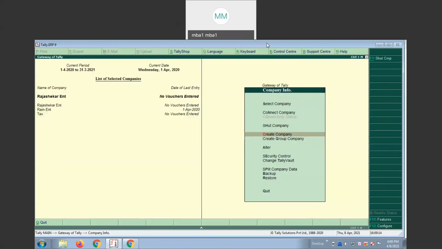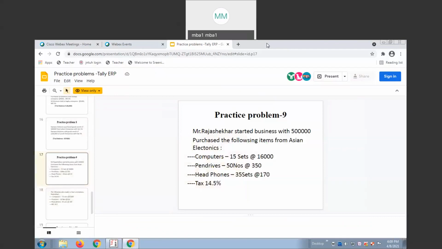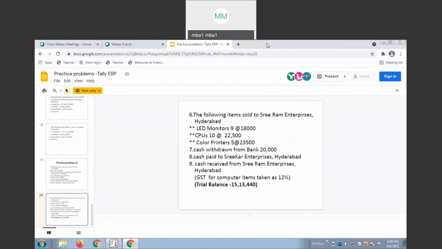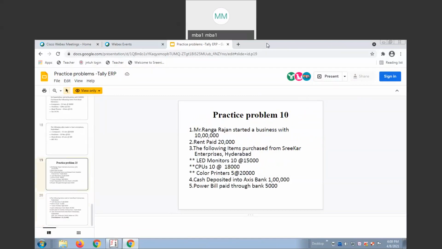After creating the company, because this is a GST problem, right? This is also VAT. Say last problem explaining.